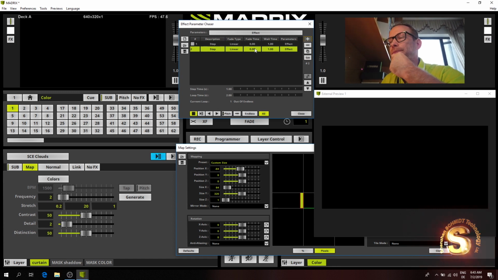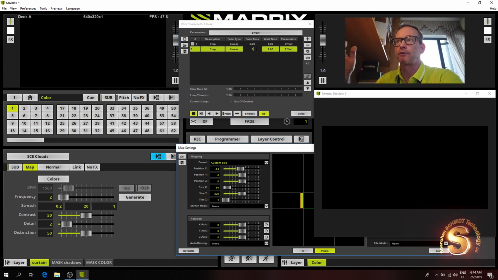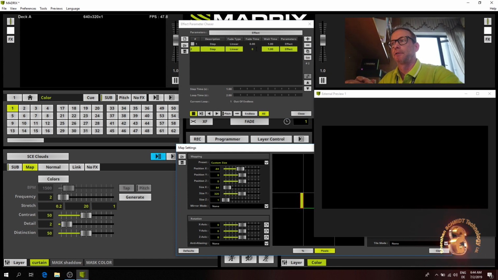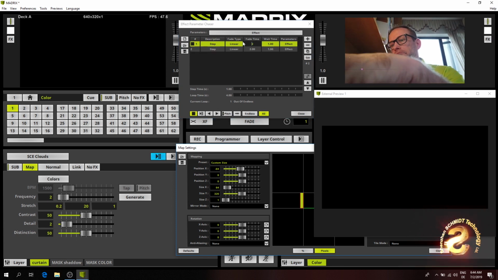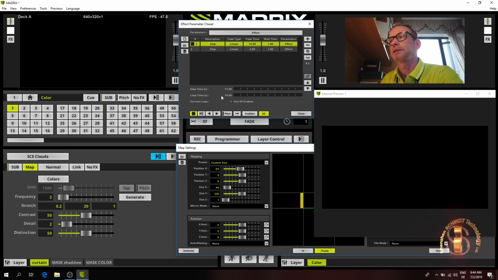Okay, and now it means that we need to define the time. The fading time can be the time from one effect to another, until the curtain flips to the new position. We need a fading time. So if we give 2 seconds, so now we have 2 seconds, and we will stay with the curtain 10 seconds. Then we can make here a small animation. If I play,